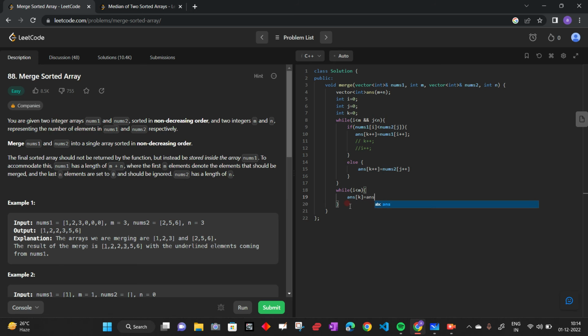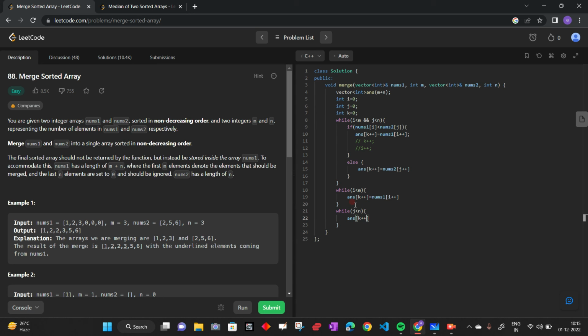Answer of k is equal to nums1 i. And once this happens, we need to shift the pointer, so we'll increment k and i plus plus. This is for nums1. Like if nums2 elements are exhausted, it means nums1 elements are pushed into the resultant, but nums2 elements are left behind. So for that, while j less than n,